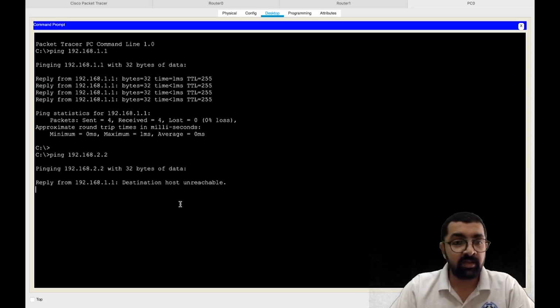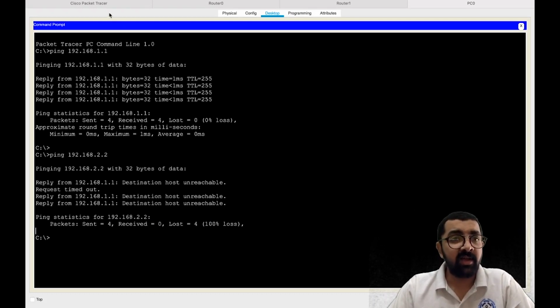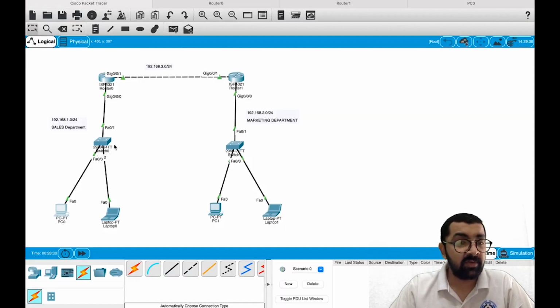And this is the error that you're going to get. You see, request timeout, destination host unreachable there. So there are no packets actually received from the device, and it says 100% loss. And why is that? Because if we check the connectivity, then you can see that after this device does not find the destination network information in the routing table, it's going to forward that particular traffic onto